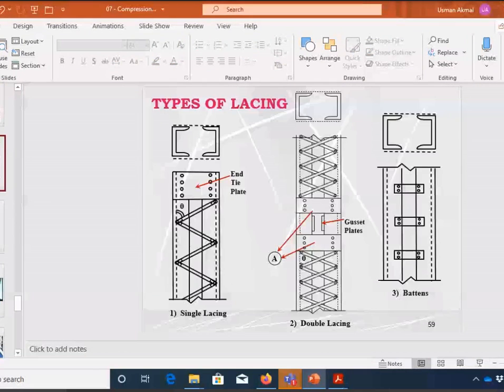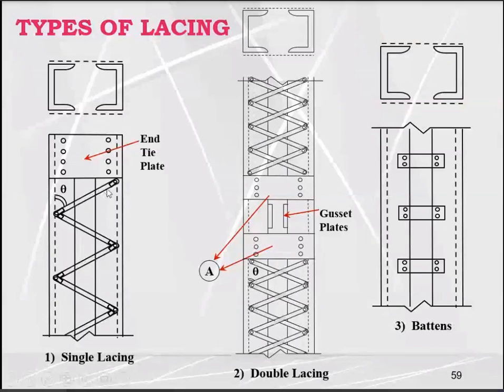I will explain. Actually, this lacing will be designed as a compression member also, because the lacing is a flat steel bar, or this may be an angle section or channel section. When we are designing this lacing, the cross-section area of the lacing will be computed based upon the compression member design. So we are assuming that this lacing is the compression member which is connecting the two single sections to make the composite section.